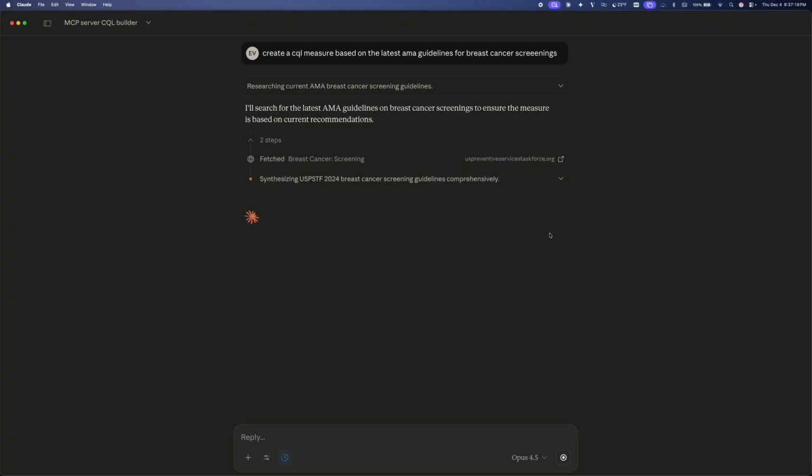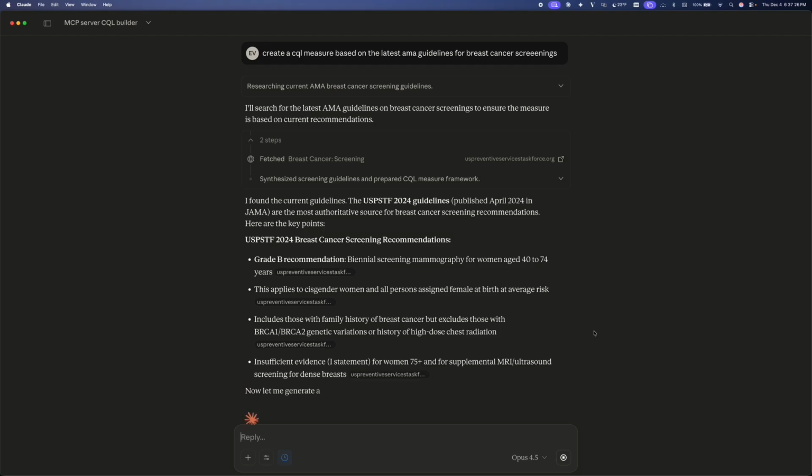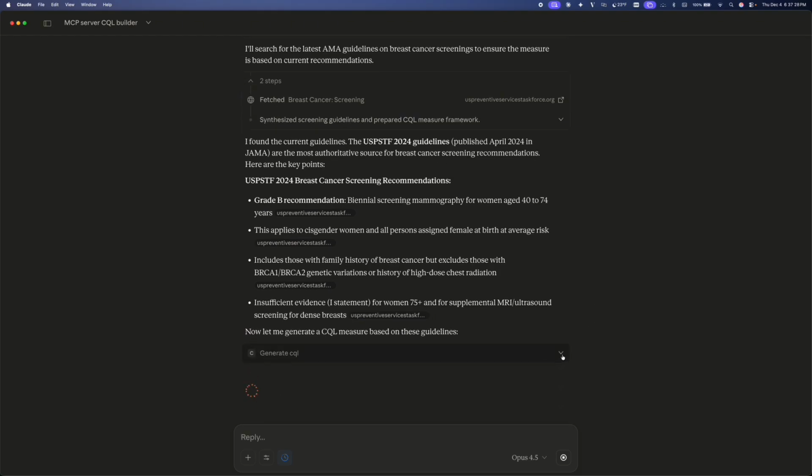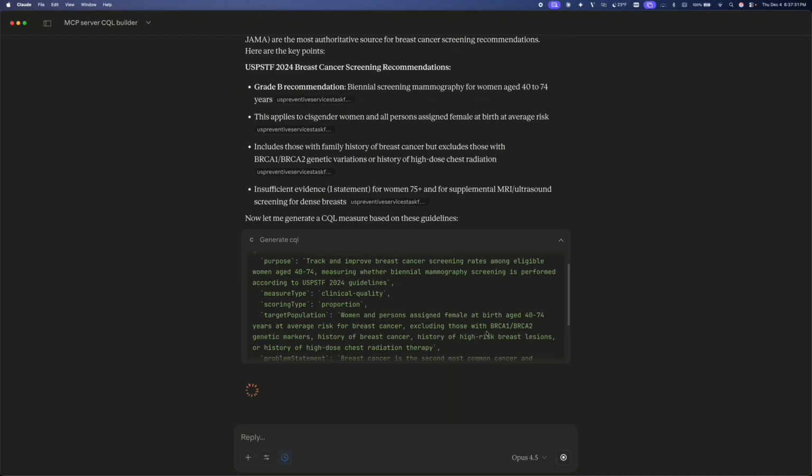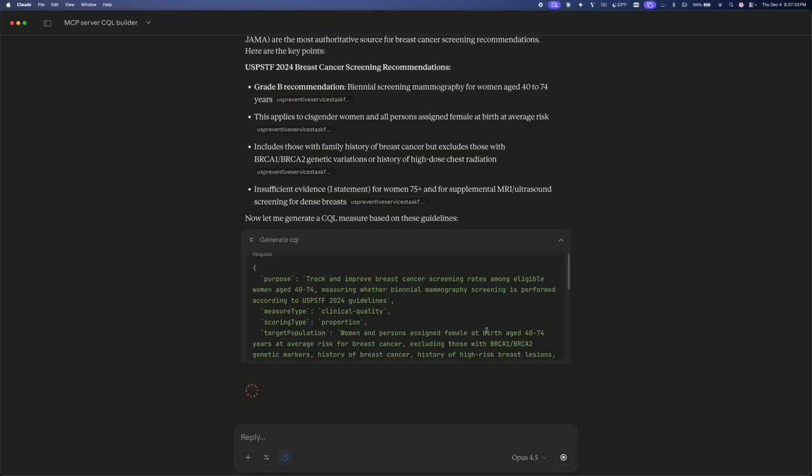And once it has the guidelines, it is able to use the CQL MCP server to create the structured CQL prompt.